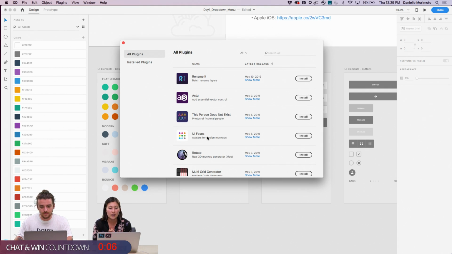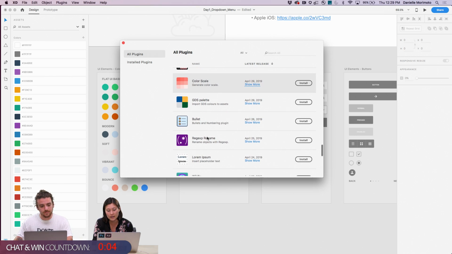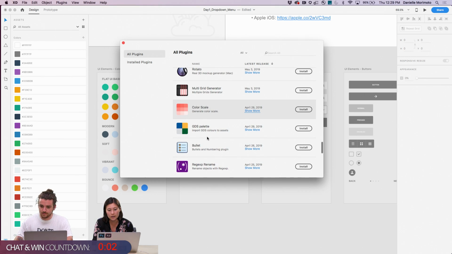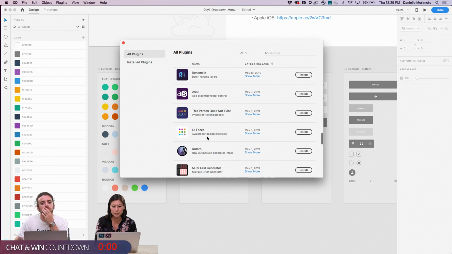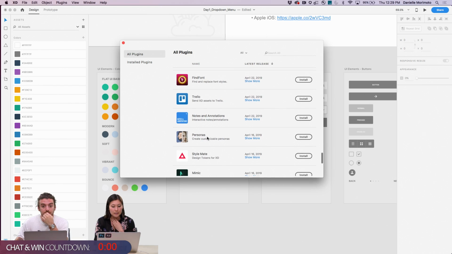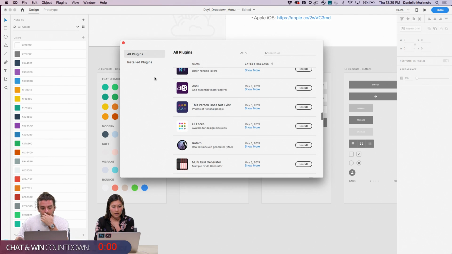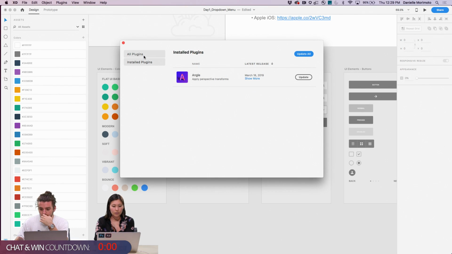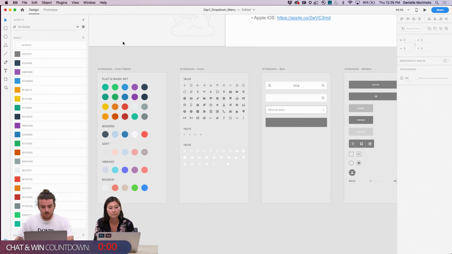And also, there are different plugins for looking at how your designs work for people who are colorblind, and seeing how they work for different abilities. And then there are also ones for language, as well as just design. Oh, there's a language one too. Yeah, the language one is really nice to check out as well. I think the Angle one is the one I was talking about there.